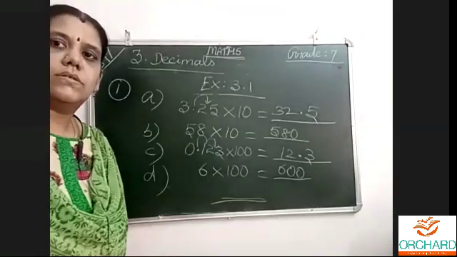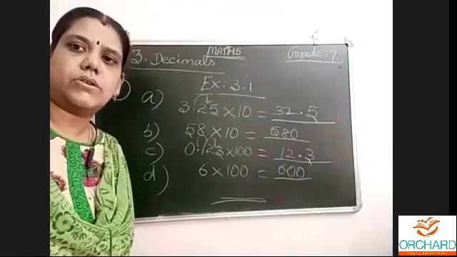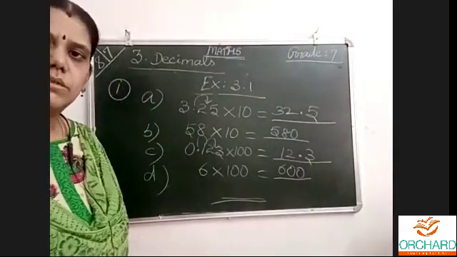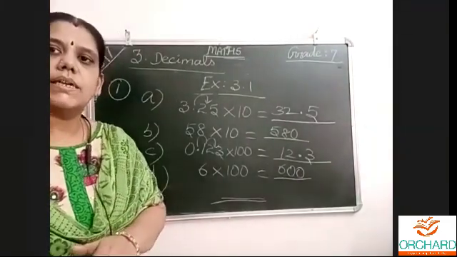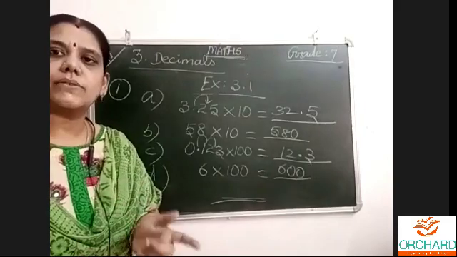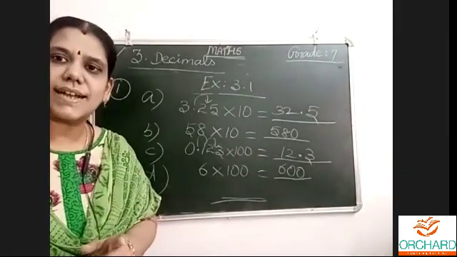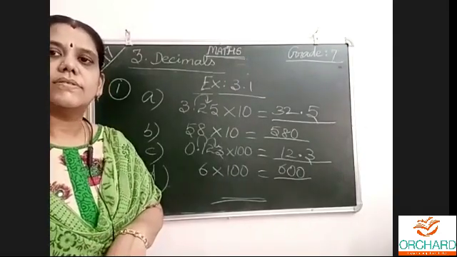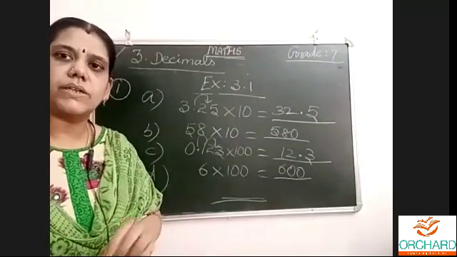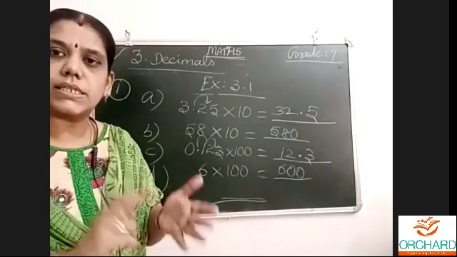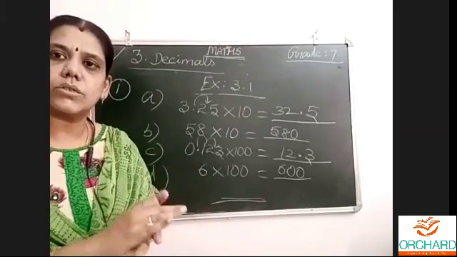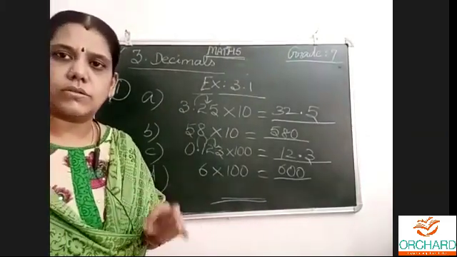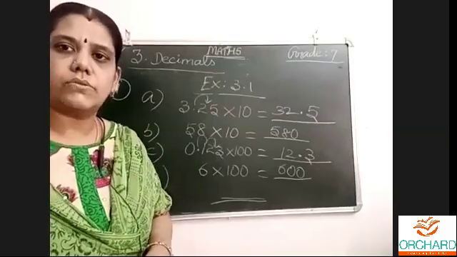Who is telling the answer? Good. Repeatedly, the same children are only answering. 53 are sitting, others are sleeping. Only around 10 children I see every day answering. Bonus marks for them. If you answer in the class only, I will give marks for activities and all. You should answer in the class. If you sit lazily and don't answer anything, those 10 children will get extra marks more than those who are not answering. Correct or wrong, however it is, you must try to give the answer.